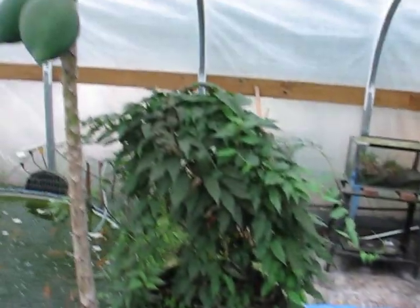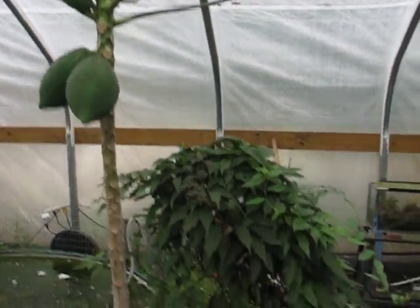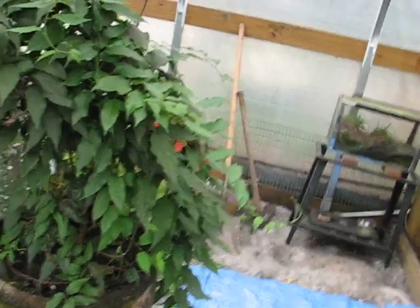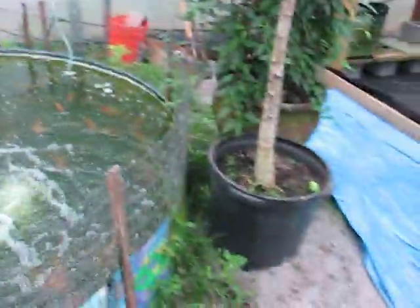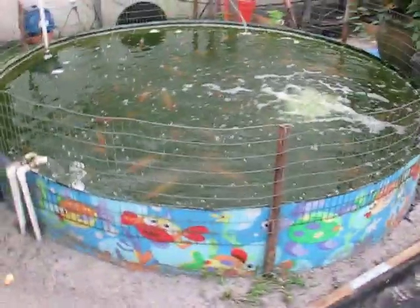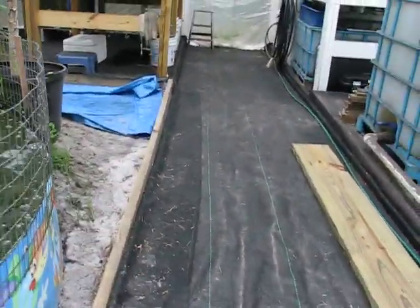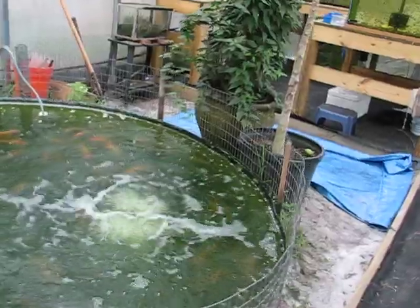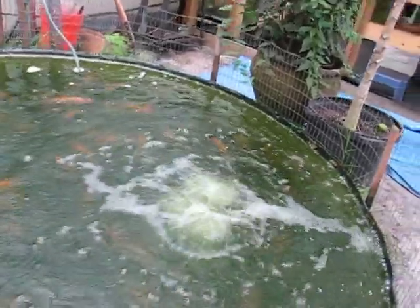And yay, look at those papayas, huh? Lots of fish water going in there. Every time I clean my tanks, I throw some fish water in this pot. This, I believe my wife calls kiwi, maybe? I think it's kiwi. And here we have the proverbial kiddie pool. Yeah, I had to set one up. I just can't let go of them. They make me feel like a kid all over again. And notice the fencing around, just galvanized chicken fence. Nice aeration here. I got maybe 150 or 200 tilapia in here, mostly Mozambique males, which I will grow for my own